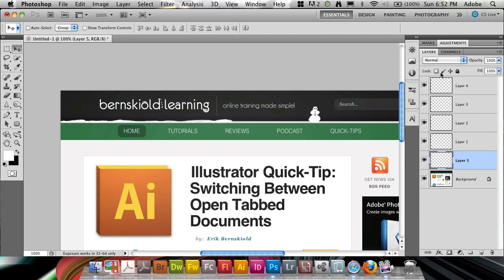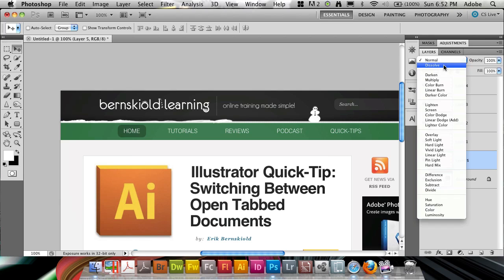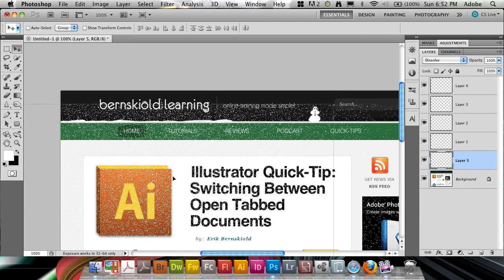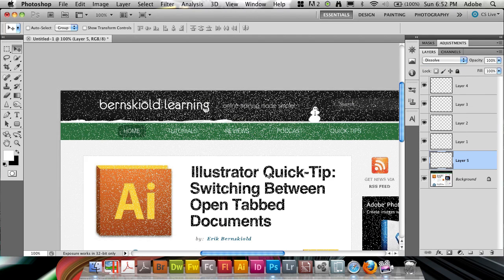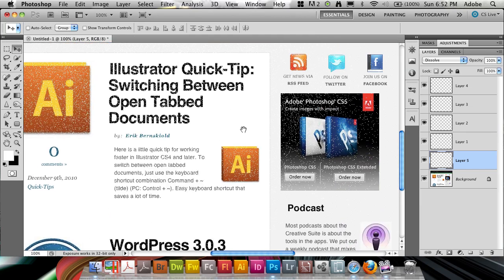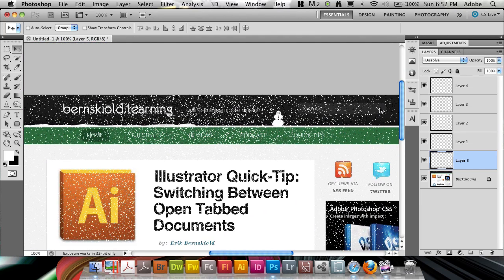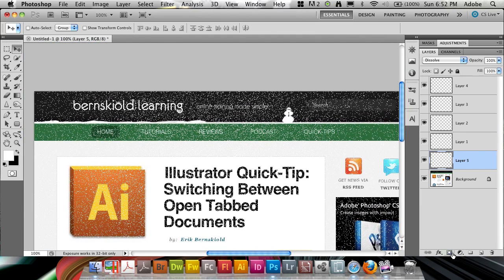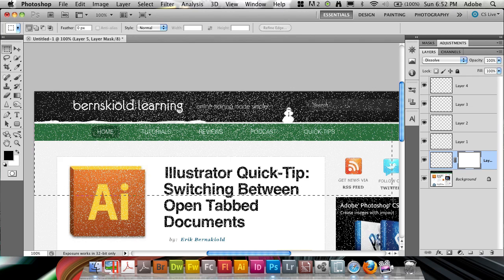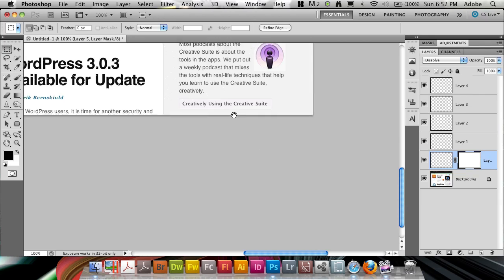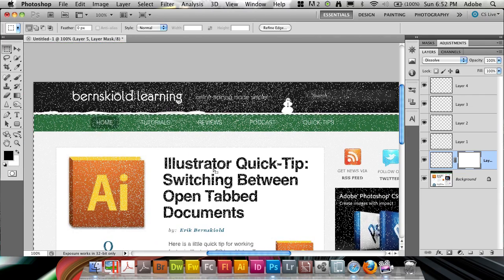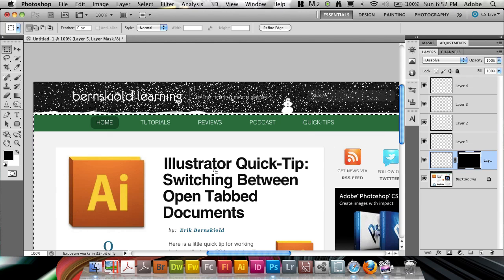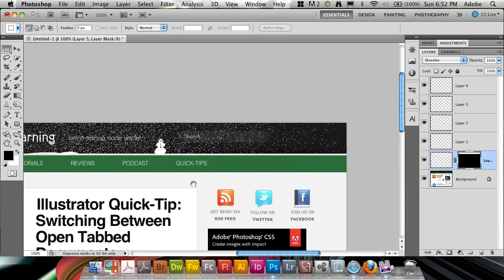What I'm going to do now is change the blend mode from normal to dissolve. In this case, what I think is a very pretty snowfall. Right, it's going to be over the entire site, but we can easily fix that using a layer mask. Do a selection of, if you have layers, which I don't right now, you don't have to hide it like this. You can just put it below the other layers. But I'm going to fill this area that I just selected with black,